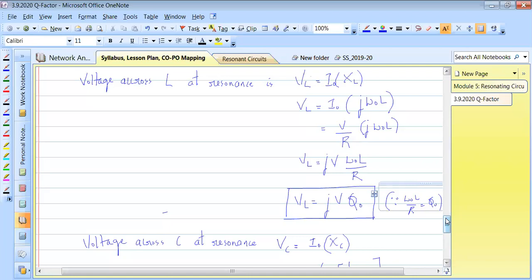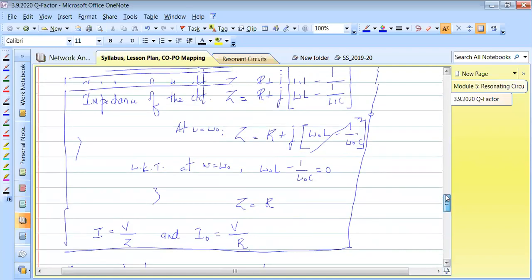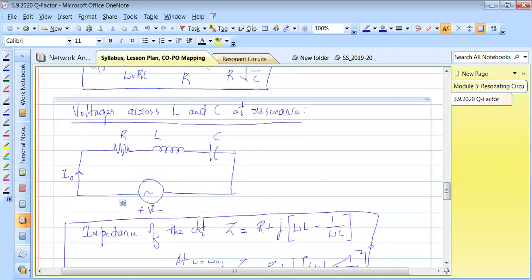It's a number, that is understandable. It should be maximum. I told you its typical value also. It's around which number? Yesterday I was talking about that. It's 100. Around 100 would be its typical value if your resonant circuit is good, efficient. Fine. So Q naught is a big number. That is understood now. So when Q naught is a big number, can you tell me what is this V and what is VL? What is V? Here, this is V. V is the applied voltage.